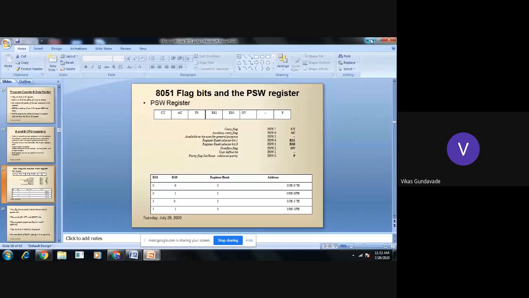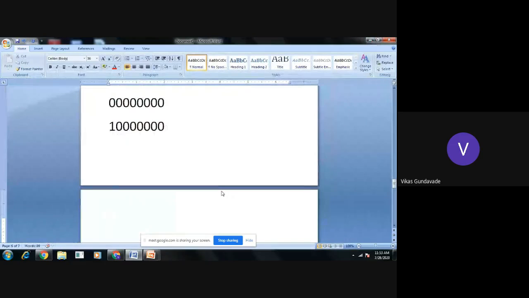So here also, if we need to make D3 and D4 as 0 1, the bit status will be like this: 0 0 0 0 1 0 0 0. So this will be the actual PSW. After generation of carry, the PSW status will be 80.